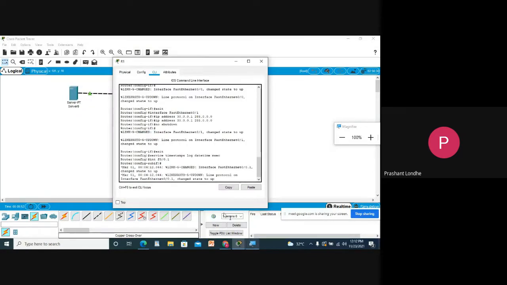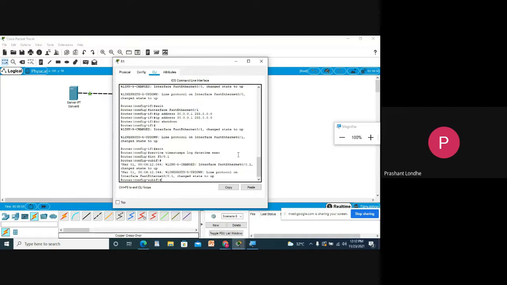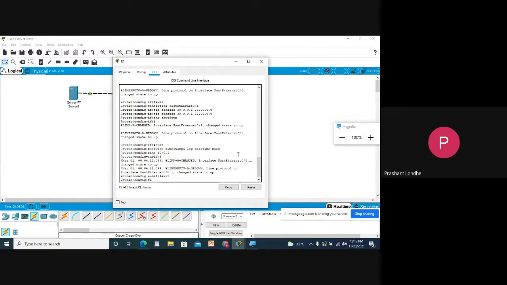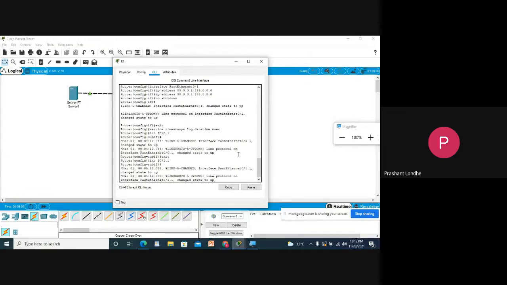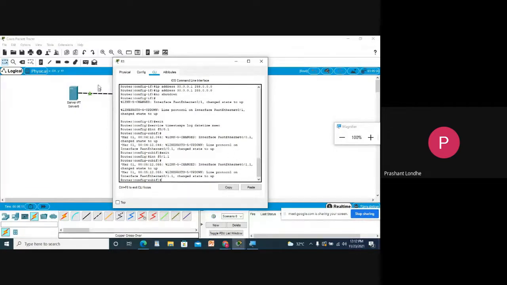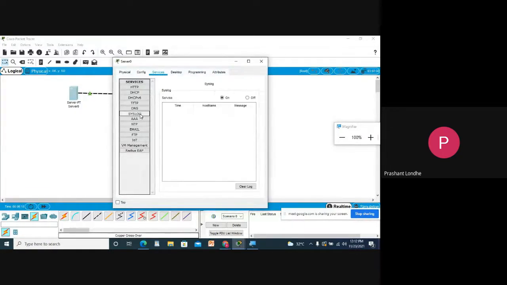And now let me type the command again. Interface f0/1.1. It is giving some kind of information. Let me check whether it is reflecting or not. No, it is not getting reflected.